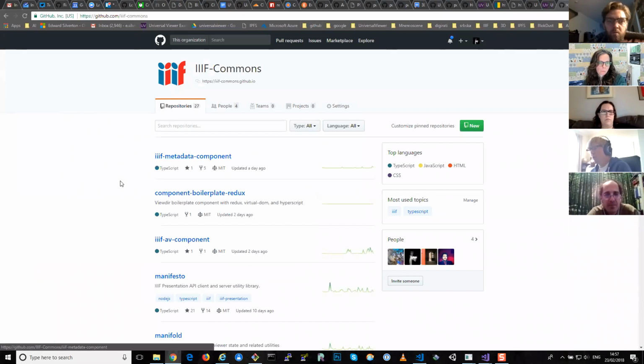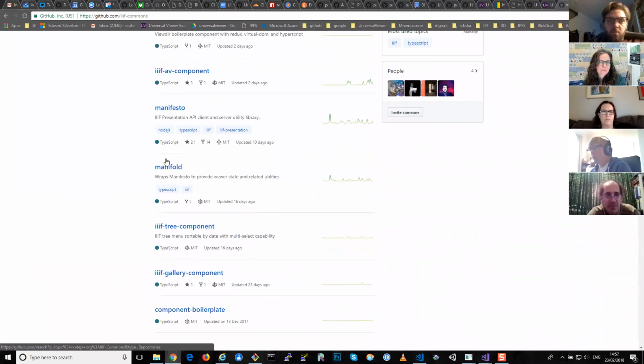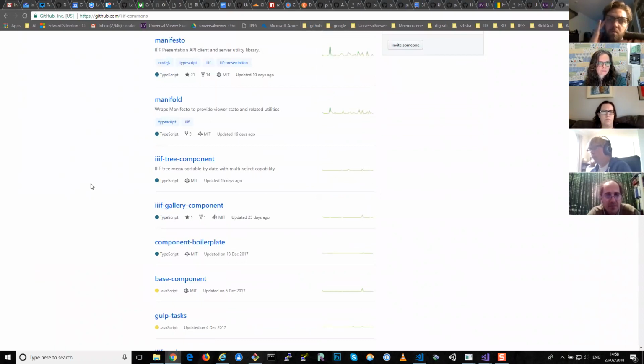So we've got things like metadata component and manifesto and manifold and tree component and gallery. And this is my own home-rolled component system that I've tried to model on stuff like Vue.js, where you've got the target and the data object. But historically, I've been quite apprehensive about buying into any particular front-end framework. I've always been slightly dubious about that, probably because of my own personality. I don't know why, but